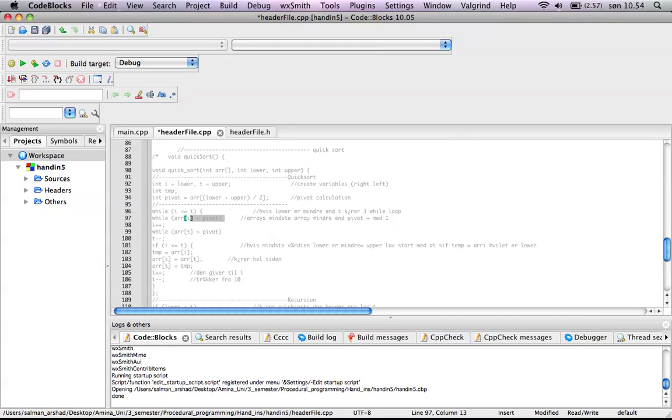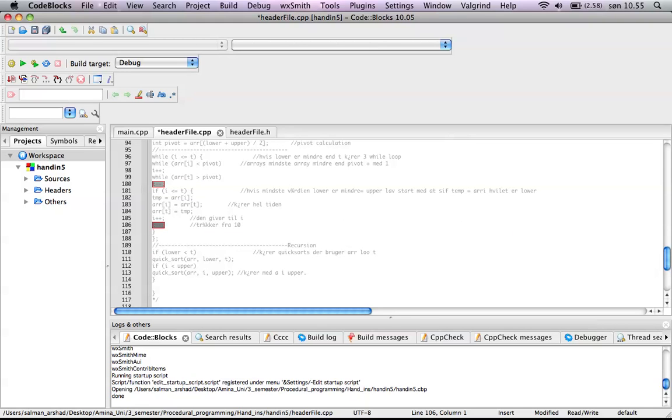And in this while loop, it takes the array element that is less than the pivot and adds 1 to i, as you can see here. And the same goes for the next one, where it just subtracts 1. And then there's this if statement that says if i is less than or equal to j, it should run all the time. i plus plus adds 1, and j minus minus subtracts 1, and then there are these recursions that say